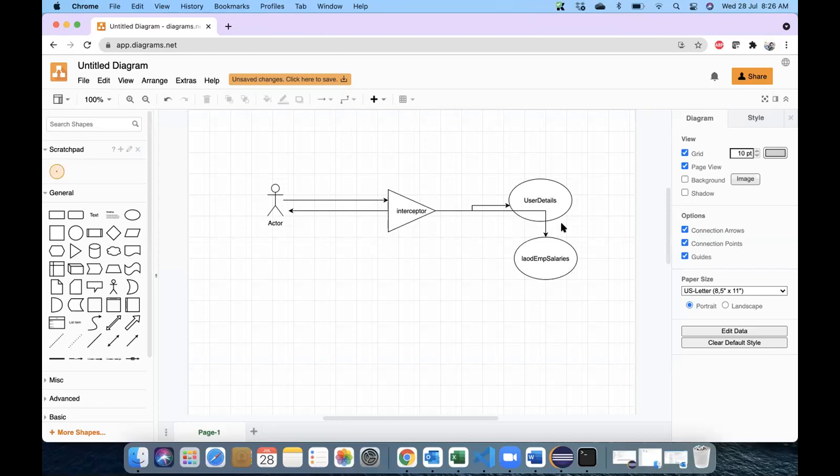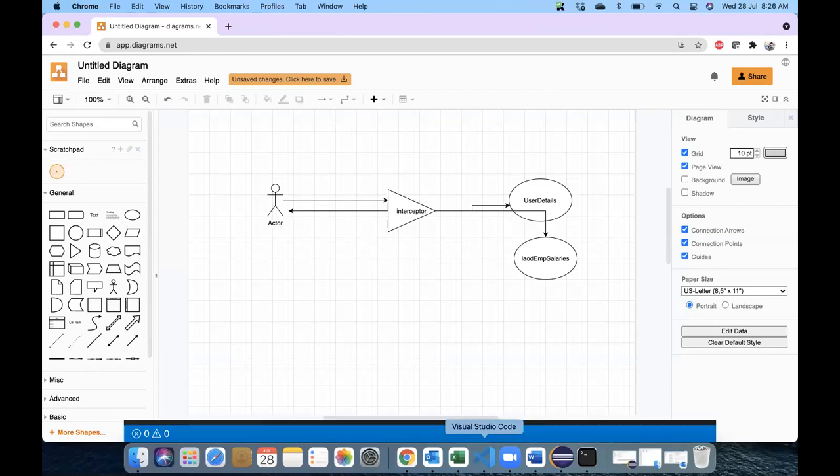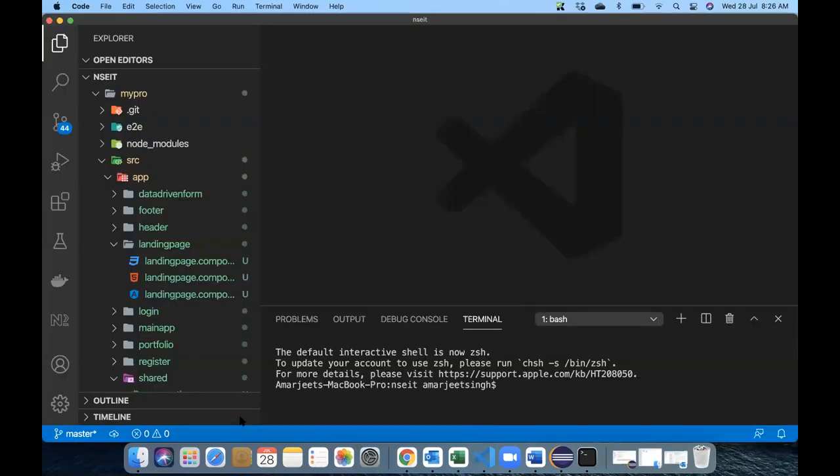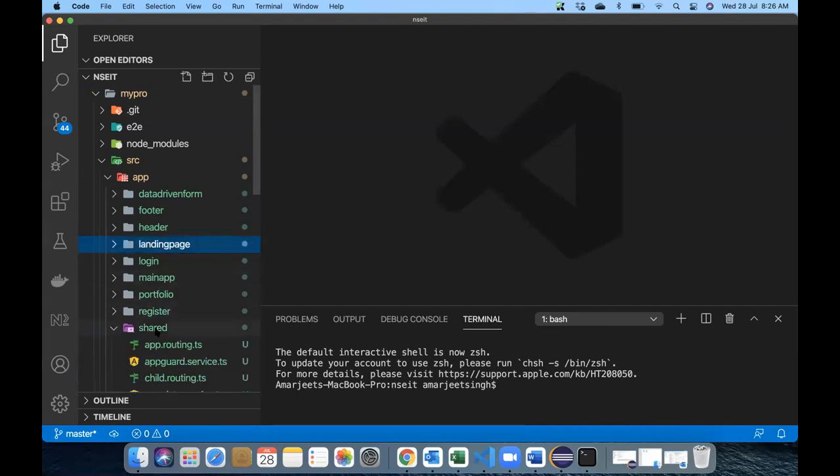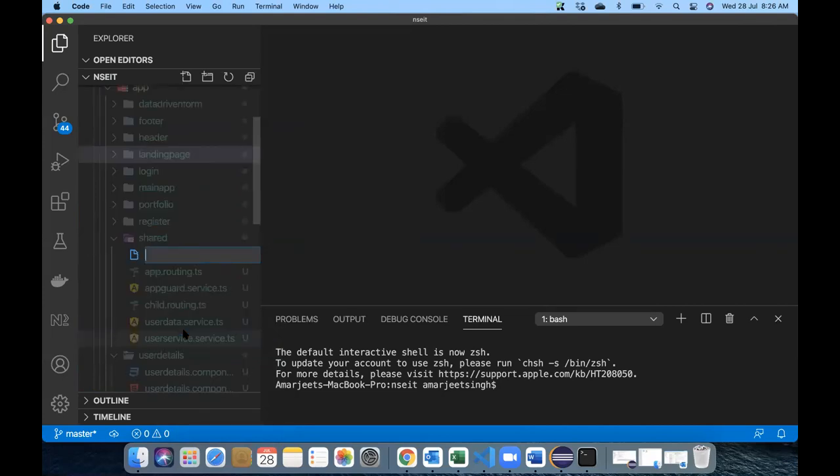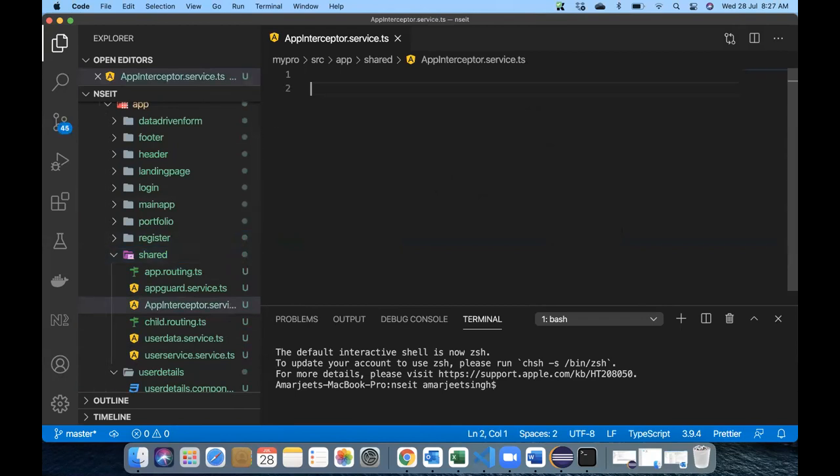Okay, and how to develop this interceptors? Let's take a look now. So if I want to develop the interceptors, I'll once again go back to the same shared folder and create a new file. To write the interceptor, we'll be using this class called